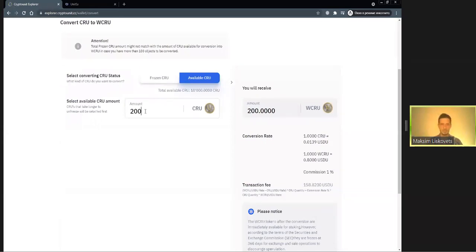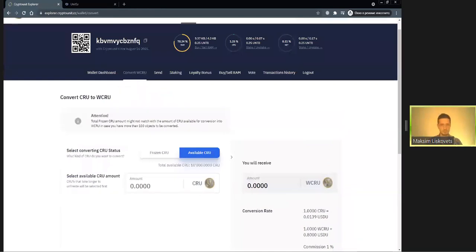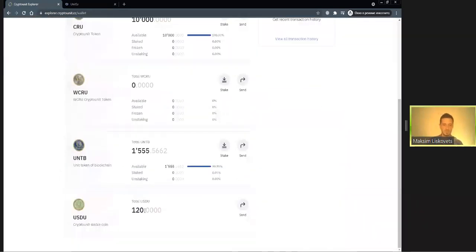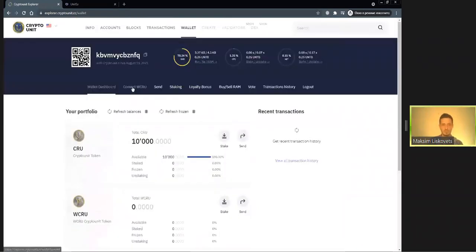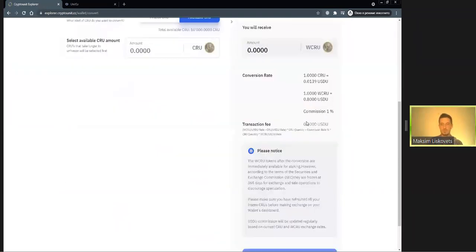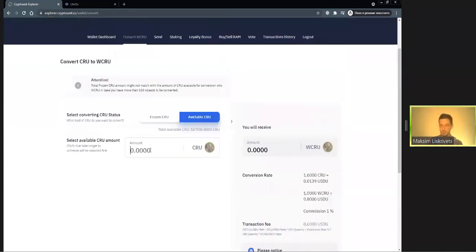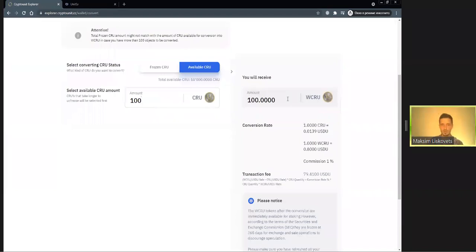Let's say 200. Let's see how much we have in here. 120 USDUs. Okay, so this is the amount of money that I have available to pay for the commission fee. If I enter 100 CRUs, I will have to pay 79.4 USDU. So let's type in 120. Well, 120 CRUs will be converted to 120 WCRUs, and I will have to pay $95